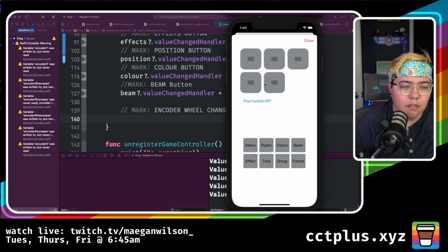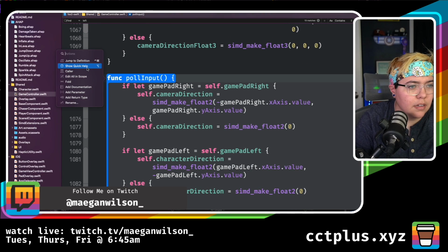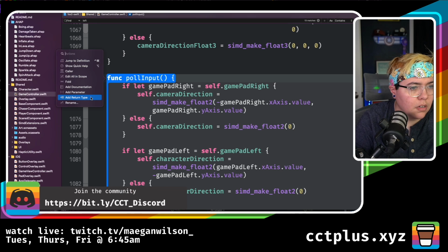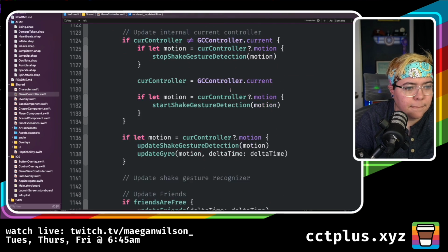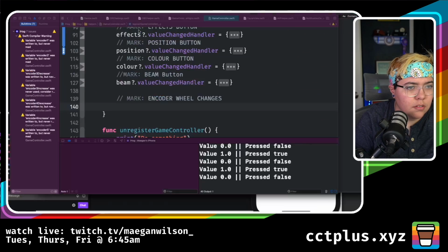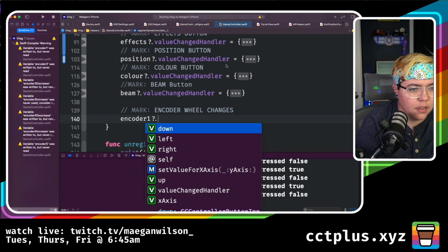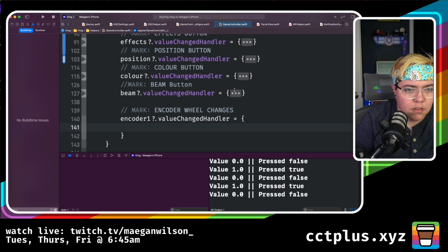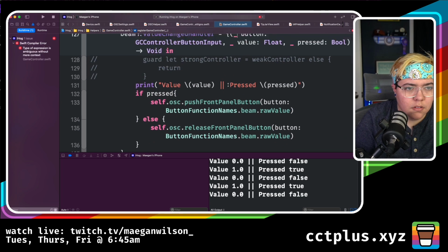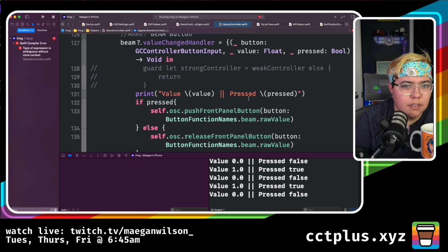Okay, so we have up and down going. So I need to actually get that to change. So where is that actually? Can I go to callers? Caller. That's in renderer. So if I can do encoder 1 dot, what's dot? That's not really...